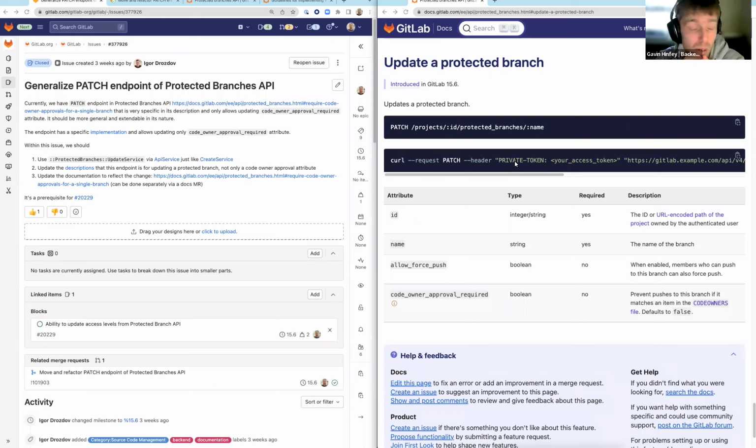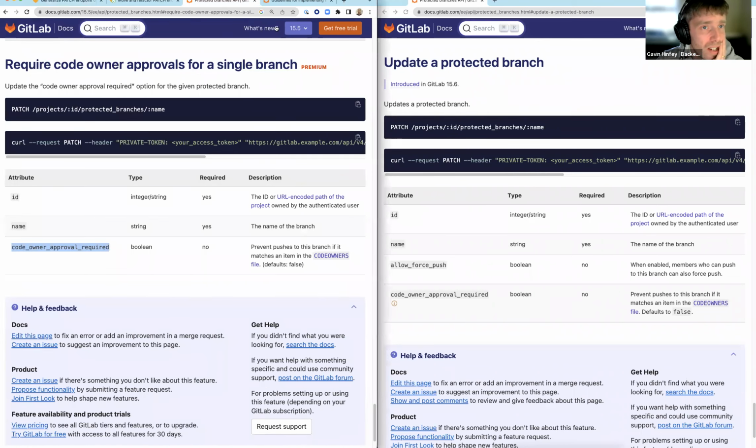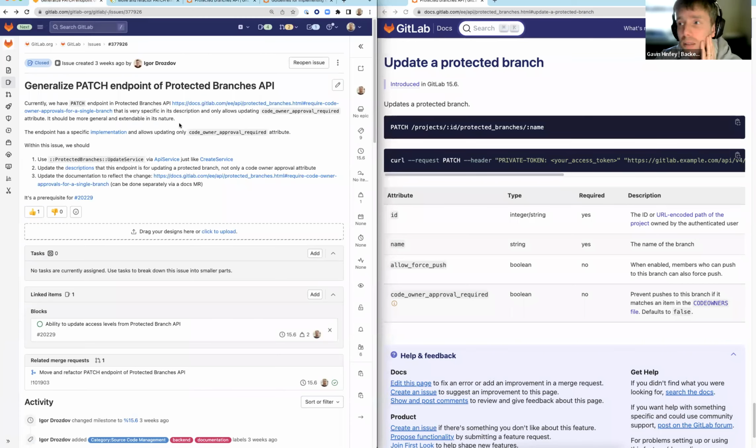For a lot of you, this might be day-to-day stuff, but for me, and maybe some others on the team, maybe not. So basically, we had this endpoint for protected branches API for patch. You can see here in the documentation, before we made our change, we have this patch endpoint, but it was only available to premium tier customers. The issue is about making the patch endpoint more generic, so we can add different attributes and parameters to the endpoint and update different attributes,